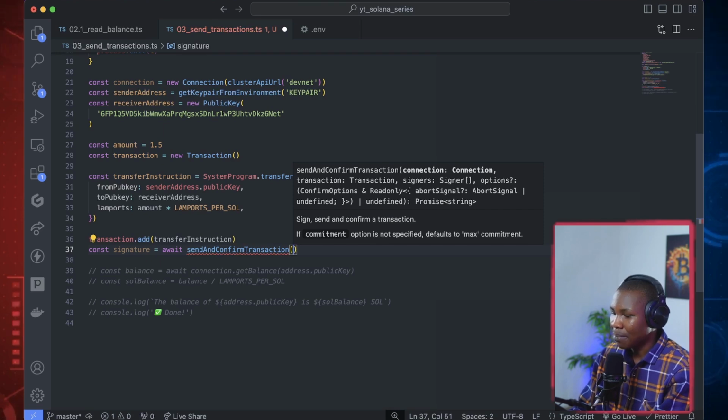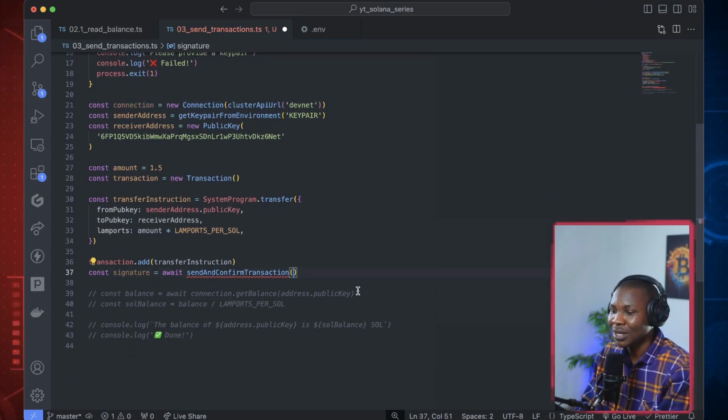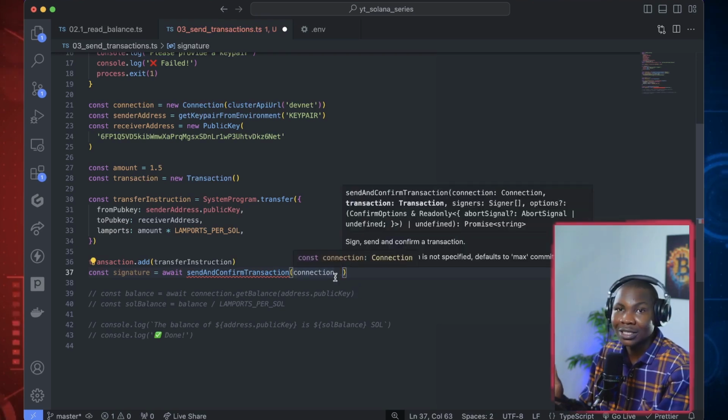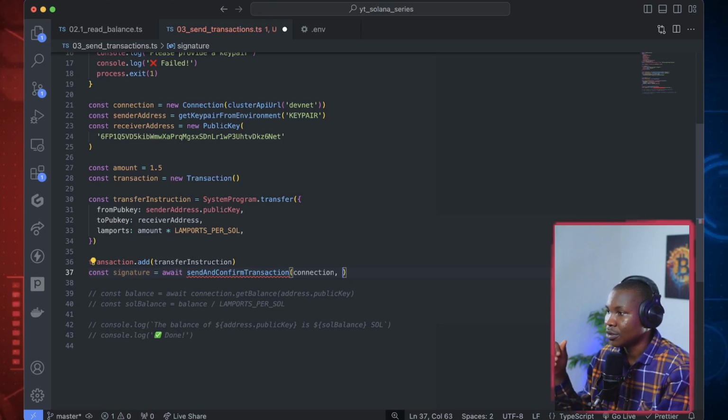All right, so you now pass this connection. You see this connection here, because you need to know which cluster or which segment of the blockchain, which is either devnet, testnet, or mainnet, that you want to send to. Ours is actually devnet in this case. So if you're working with mainnet, you just have to change this to mainnet as well. Okay, so you pass in that connection,